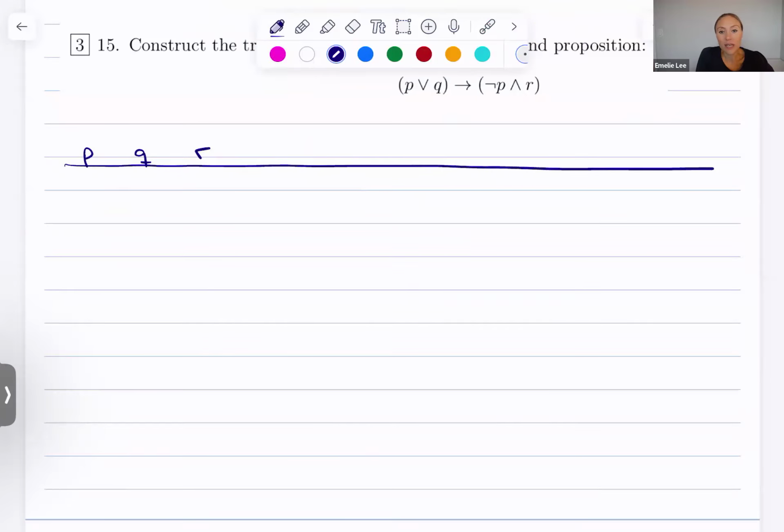If I have 3, then I need 8 rows, right? Which means I need to start with 4 zeros and 4 ones. 0, 0, 0, 0, 1, 1, 1, 1. Now, alternating,